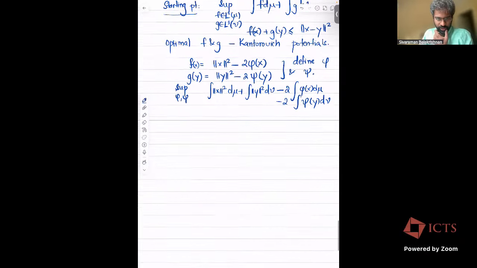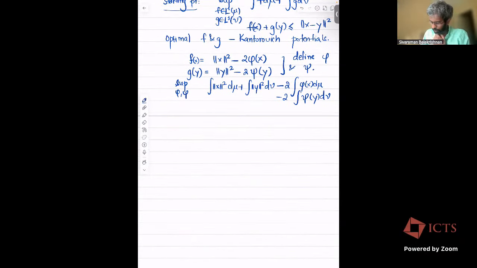Okay, so this is just the rewriting of the objective. And if I rewrite the constraint, it will be of the form that phi of x plus psi of y has to be at least